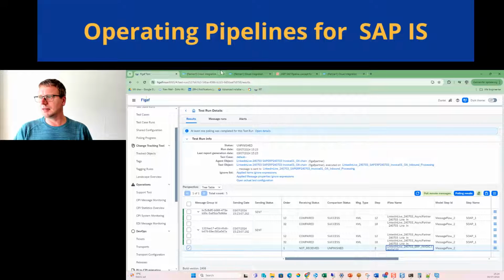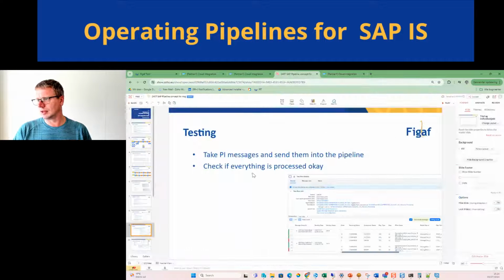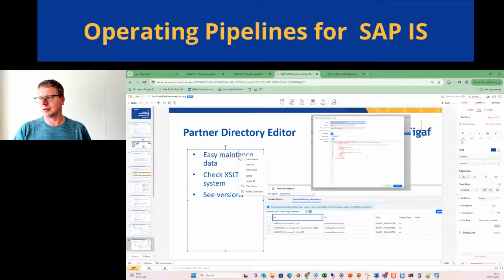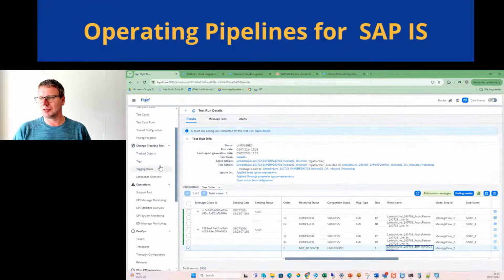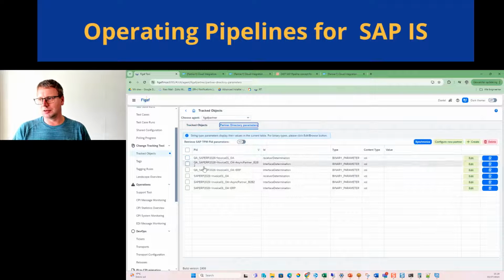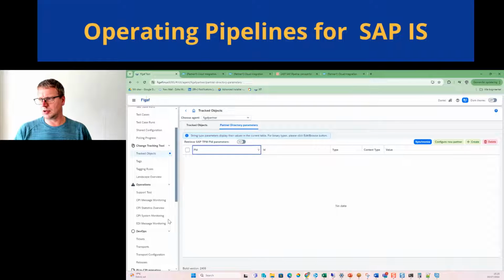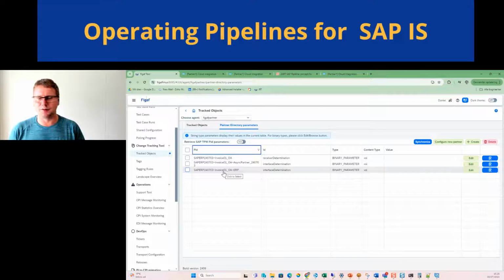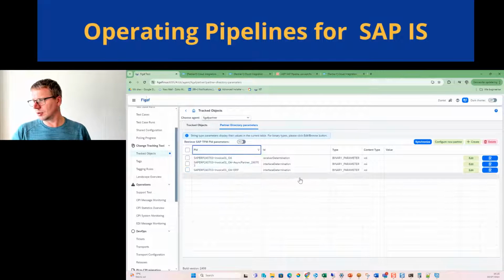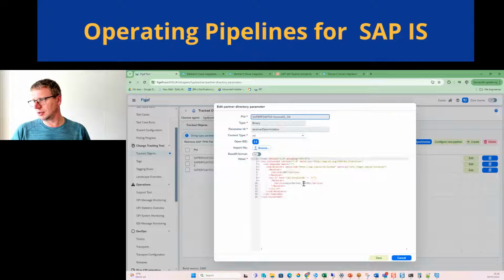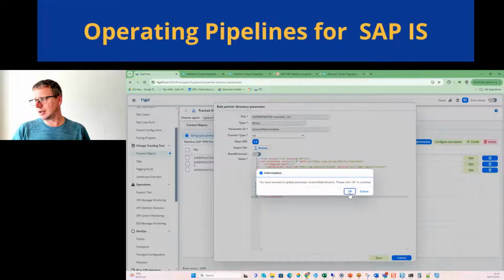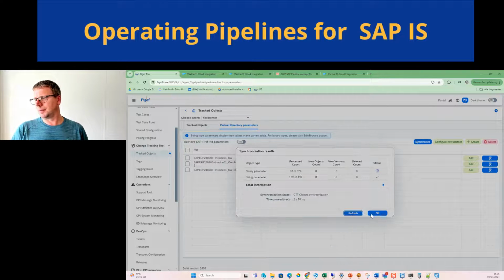Okay, then the other part of this, let's see if I still have some slides left, is the partner directory. For the partner directory, there is a good API you can use, but you can also go in here and use this. So here we can see the different artifacts that we have created as a part of this. We can go in here and edit it. So we can say, okay, if it is equal to 2, I don't think it's actually being used. We can save it, and now we have updated this value,